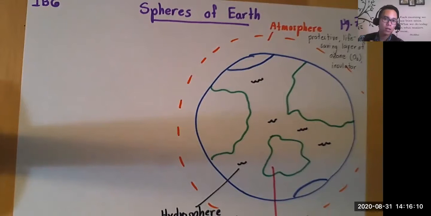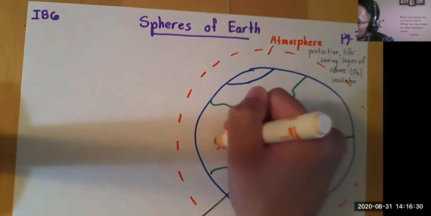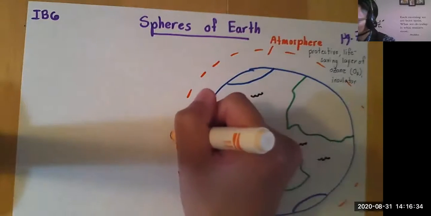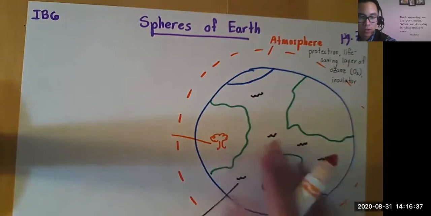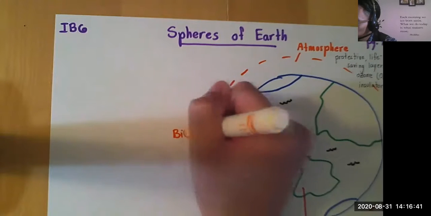Okay. Finally, we haven't even yet talked about the living stuff. These are all the non-living spheres of Earth: atmosphere, hydrosphere, and geosphere. So let's now talk about the sphere that encompasses all of life on Earth, and that is called the biosphere. That sounds a lot better when people are actually responding to me. I've drawn a tree to represent all of the living things on the Earth. This is called the biosphere.